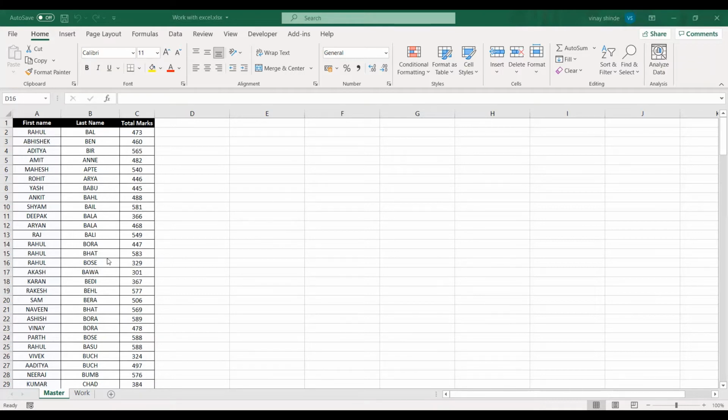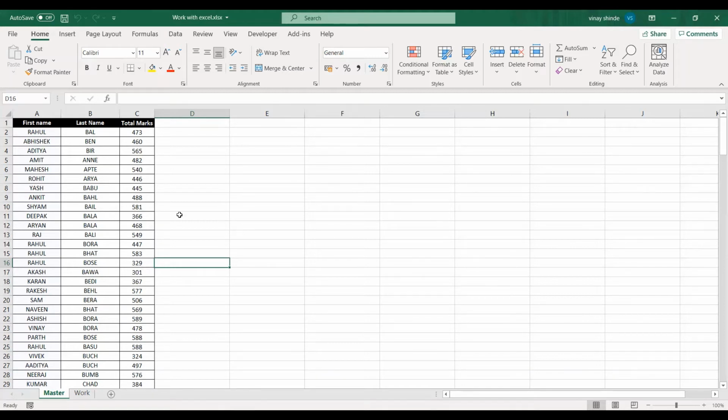So this is our master sheet, and we have one more sheet in this workbook, which is the worksheet. I named them master and work. Now, as you all know, or if some of you may not know, VLOOKUP is basically used when you want to search a particular value corresponding to the name or any lookup value that you are giving from the master sheet.